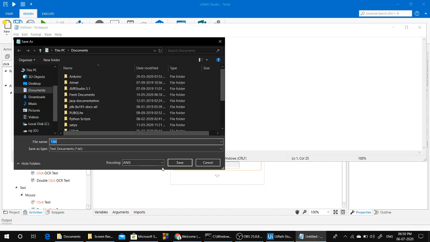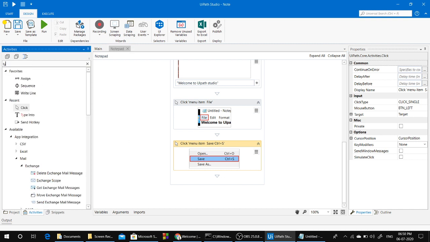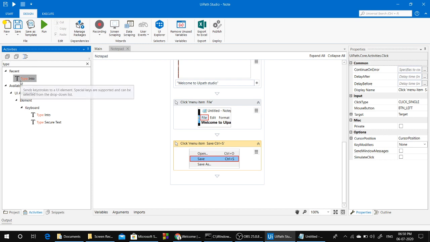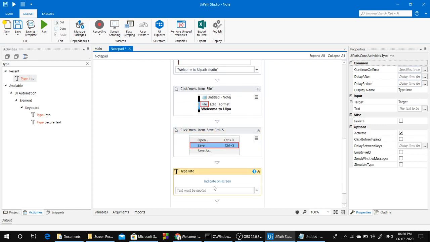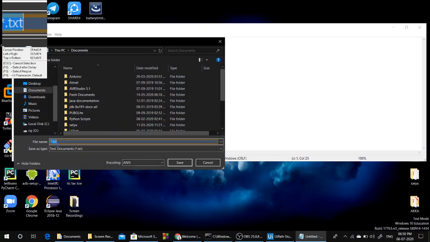Here it was asking for the name. So we have to assign a name for the file. For that, the type into command is there. Indicate on the screen, and indicate here.